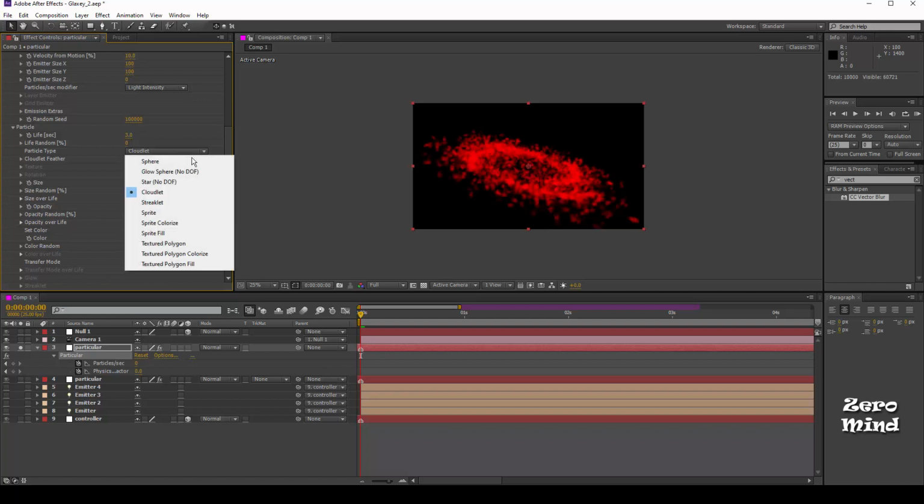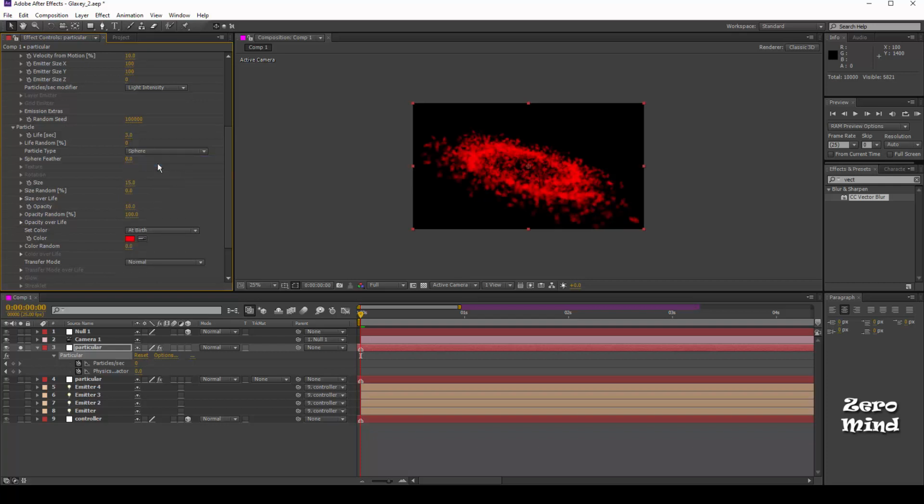I don't want to change the particle type here, so I will take the sphere type. Just take the size of the sphere, and random size 0. Let me change the particle size of the sphere to about 2.0. I will take it here 0.2. Why is it not visualized? You cannot see it, let me check here. Sorry, I forgot to enter the value in the particle size, 2.0. And the random size is around 100.